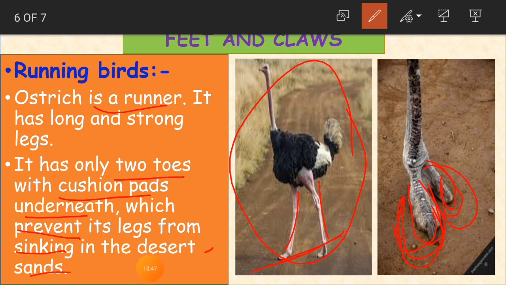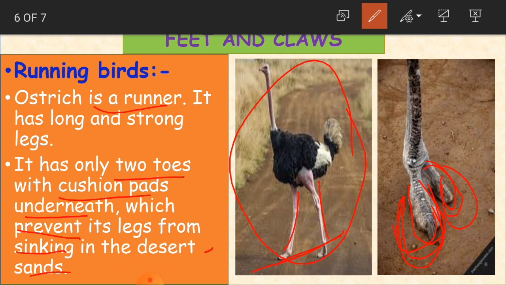Clear children? Okay. So this is how the different types of birds are. What types of birds did we learn today? Preying birds, perching birds, scratching birds, climbing birds, wading birds, and running birds. All these types of birds, with the help of their feet and claws, are able to catch objects, in the sense catch the food.